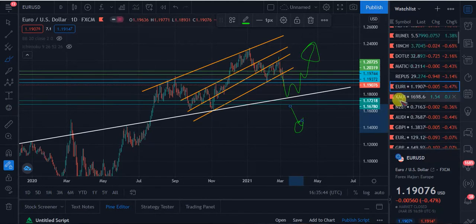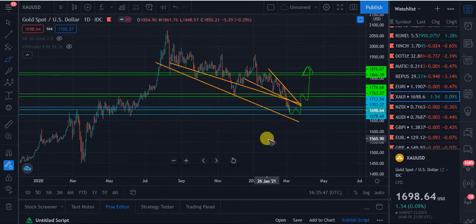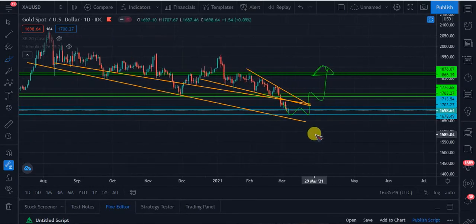Let's look at gold. Actually I was expecting gold to bounce back from this point, but when it did this strong candle that broke through this trend line, I knew it was a sell trade all the way from this trend line, and it's currently now at this support zone. So I'm expecting gold to make some bounce around this point to form a double bottom, or make a good formation around this point, before going up again.